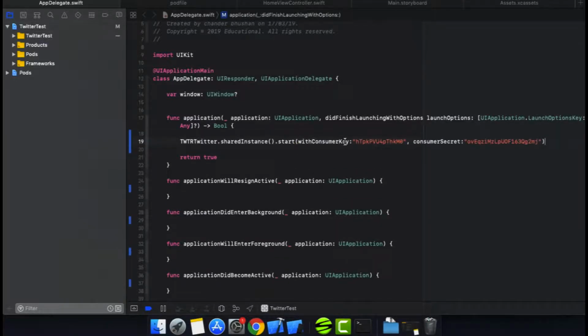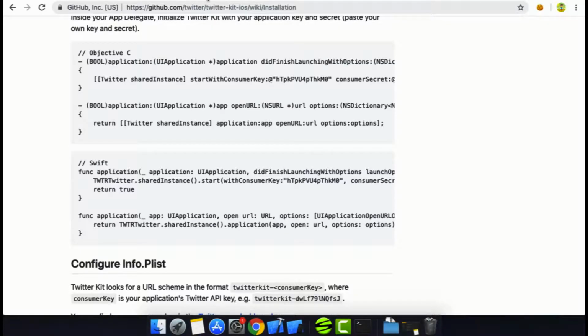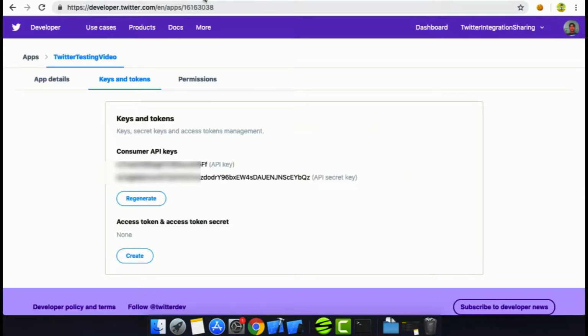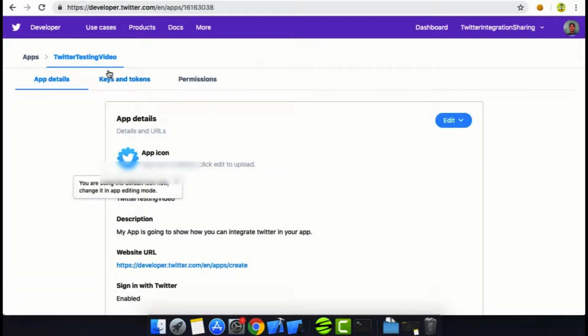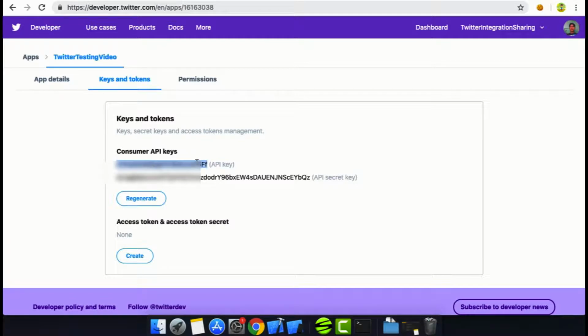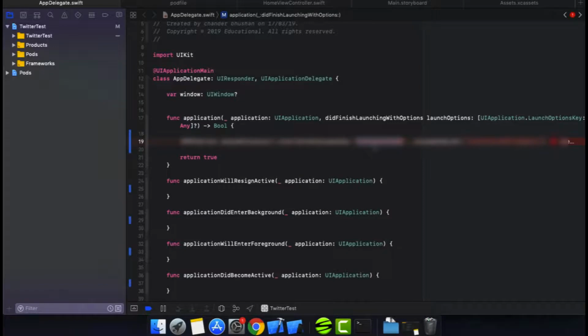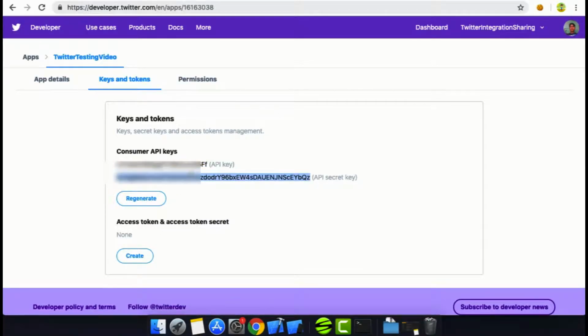and it is asking for your consumer key, right? So this consumer key should be changed with your consumer key. So what is your consumer key? You will have to go once again on developer.twitter.com, and here your app details are there and key tokens are here. So let's copy your consumer API key. Let's go in app delegate, paste it here, and it is asking also for the consumer secret key. So let's again go on developer.twitter, copy it, and once again